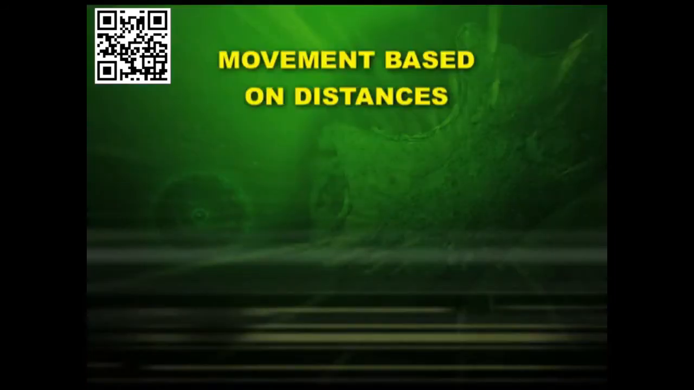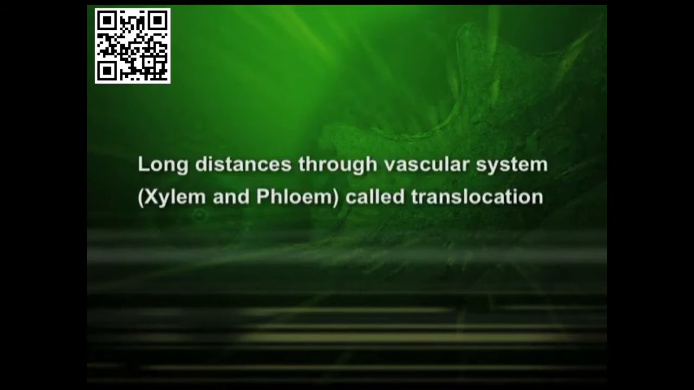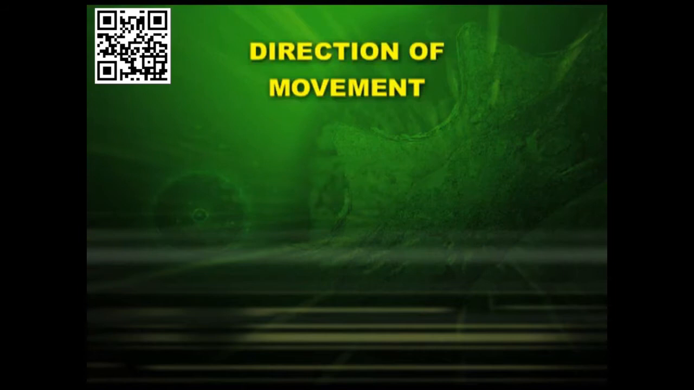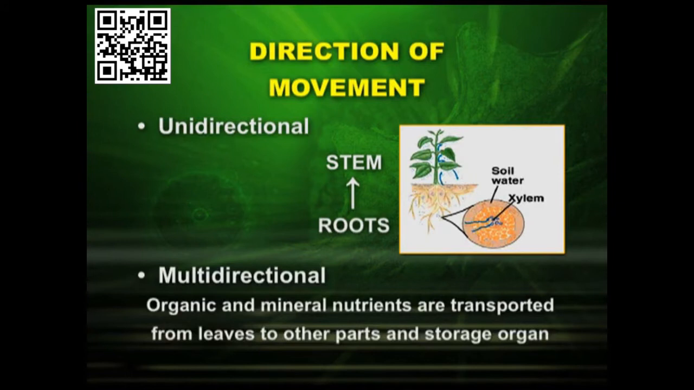Let us first see the short distances. The first type of the short distances is diffusion, and the second one is cytoplasmic streaming. Long distances transport takes place through the vascular system, xylem and phloem, and this is called translocation. In the direction of movement, we have two types: unidirectional, that is from roots to stem. Second, we have multidirectional, in which the organic and the mineral nutrients are transported from leaves to the other parts